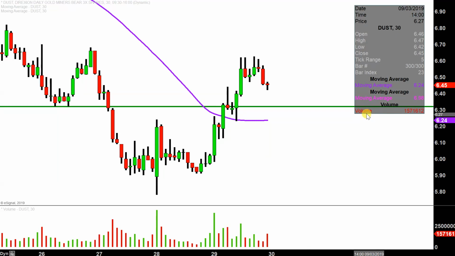But if the price were to fall below there, that doesn't mean the entire chart's destroyed or ruined or anything like that. But preferably speaking, if the price could stay up above $6.30, that would be a big sign of power going forward. From the grand scheme of things, it's all about that purple line now, which is the